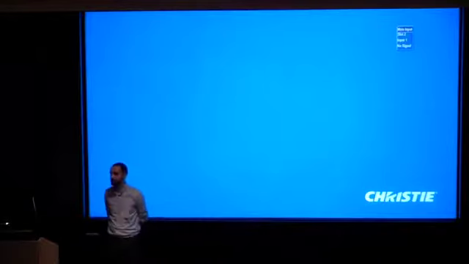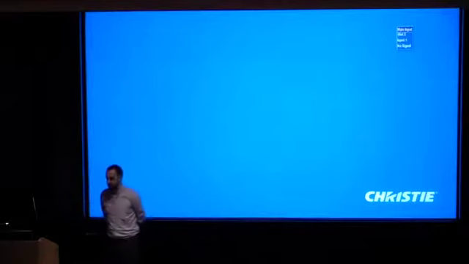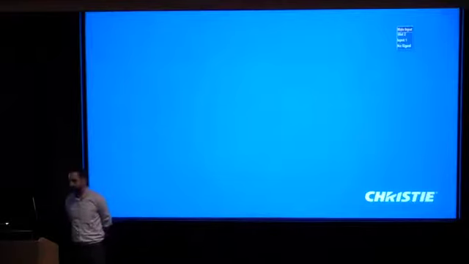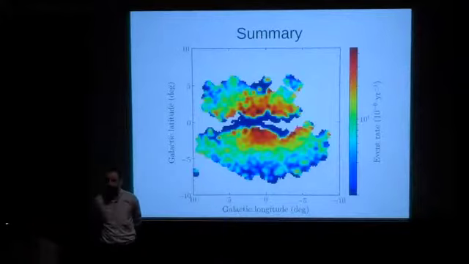Question, Matthew. What's the effective resolution of the maps, and do you have event rate per source maps as well? The resolution for this one is about 10 arc minutes. And what is the second question? Do you have event rate per source? They should be a lot smoother than the event rate. No, not yet. Okay, those would be good.